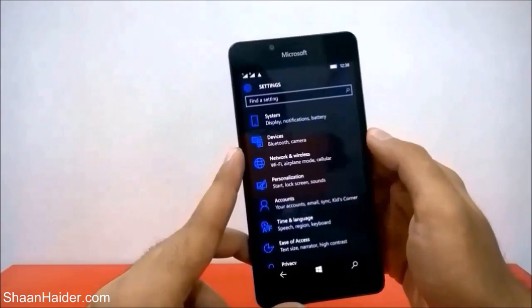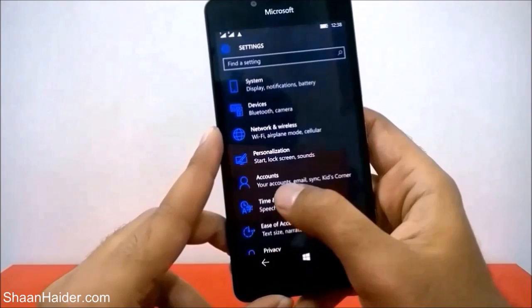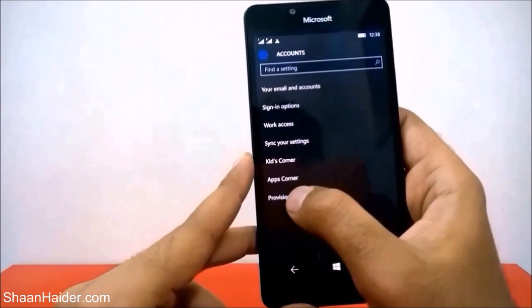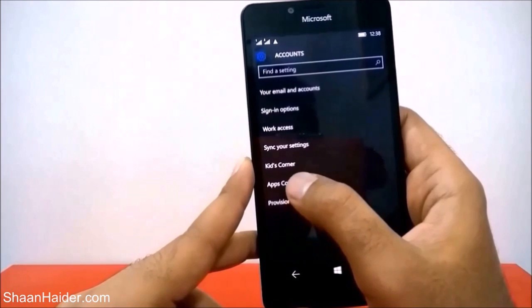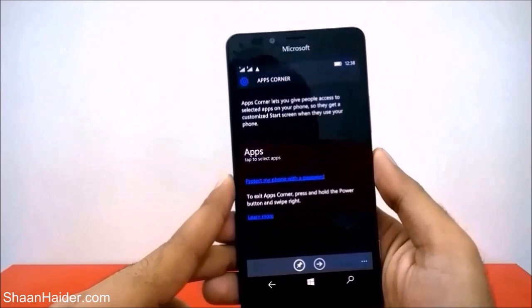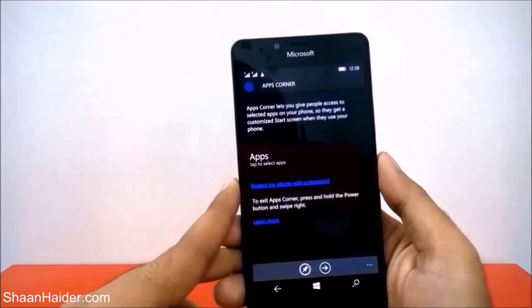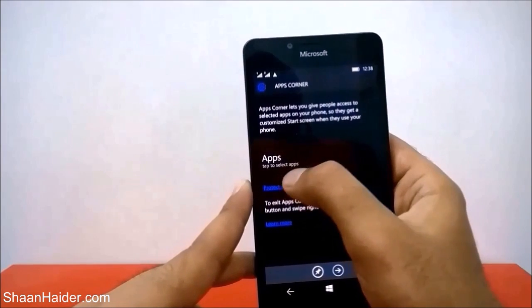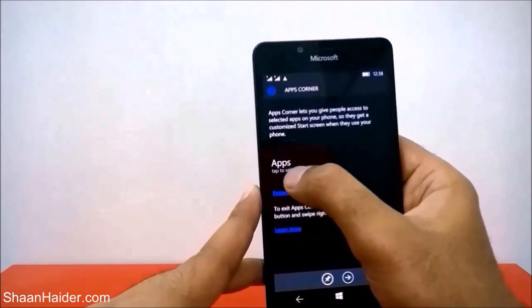Once you are inside settings, go to the account section, just tap on it. After that, you will find an option called apps corner. Just tap on it, and then here you will find some information that apps corner lets you give people access to selected apps on your phone, so they get a customized starter screen when they use your phone. So you can just select the apps that you want to share with them. So just tap on this list